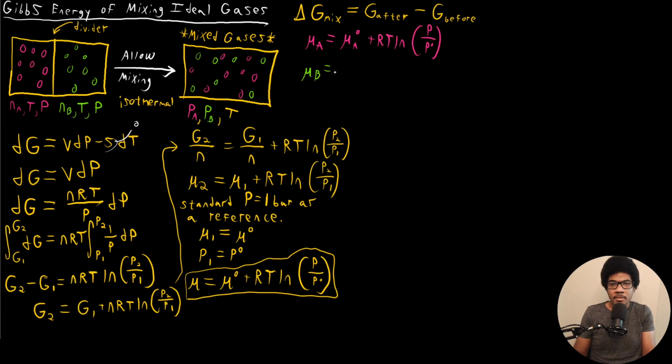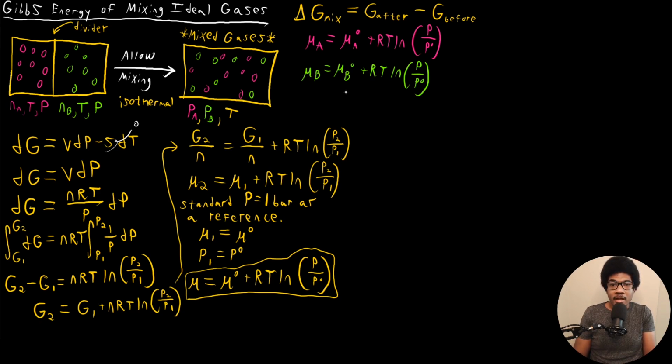We'll have mu B is just equal to mu B naught plus RT ln P over P naught, right? So we've defined a chemical potential for each one of our substances, right? Keep in mind that this is irrespective of any mixing, right? We've just given a general expression for the chemical potential of each component in our